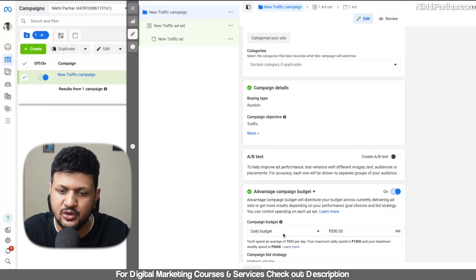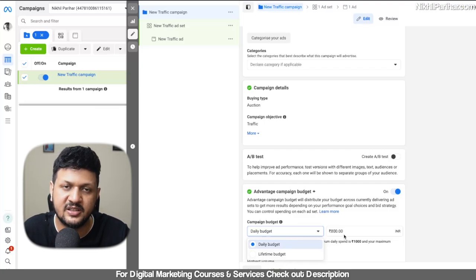So here you can choose two types of budget: daily budget and lifetime budget. Daily budget means whatever you set as daily, it will try and spend that much budget per day. But now with the recent updates, it's not completely true. I can come to that as well. But just know that with a daily budget of 800, it is just going to spend